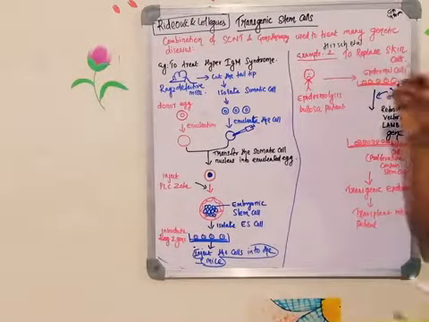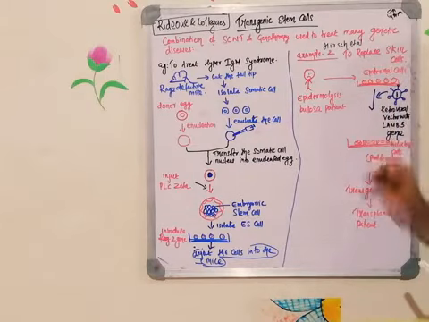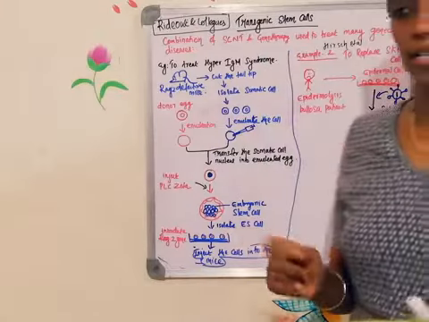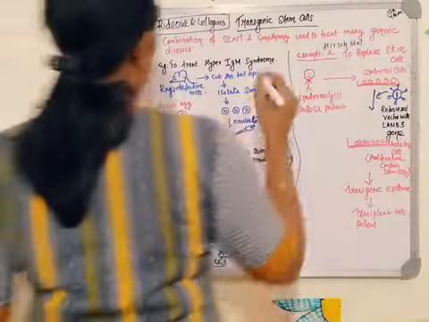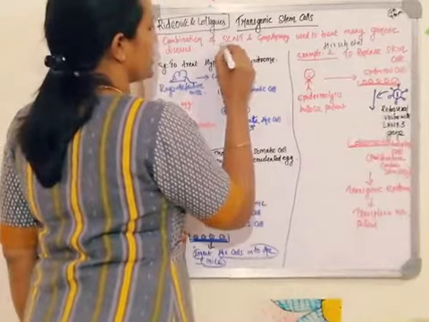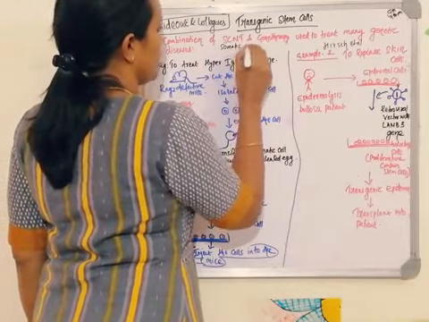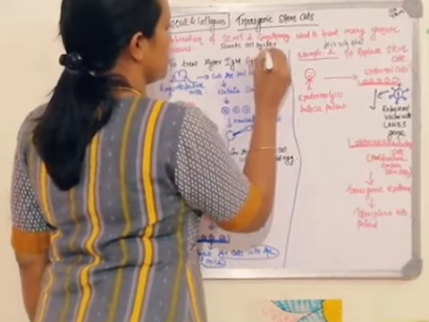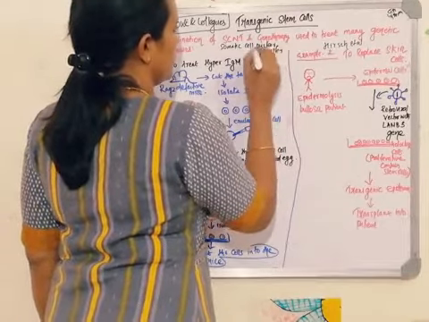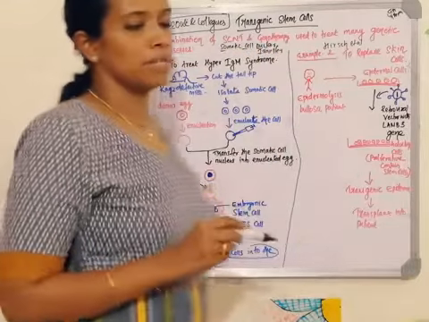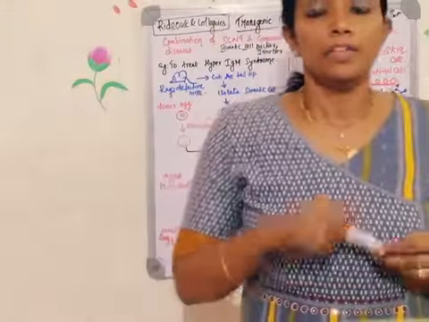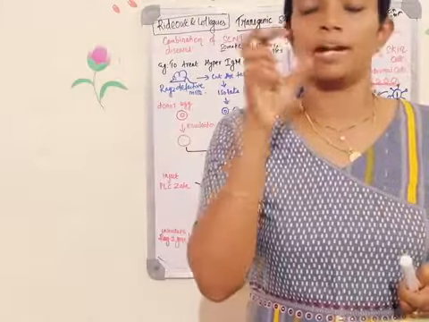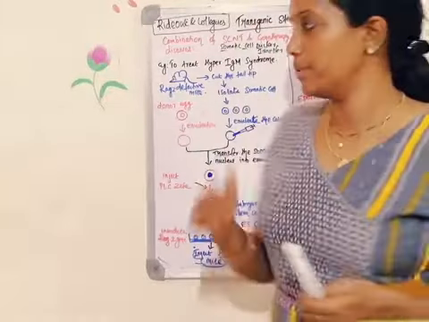Okay, so transgenic stem cell is a combination of two techniques. One is gene therapy, another one is known as SCNT. You must have heard about this SCNT technique. SCNT stands for somatic cell nuclear transfer. Have you heard of this technique, somatic cell nuclear transfer? That's a technique wherein the nucleus of the somatic cell will be implanted into another cell.